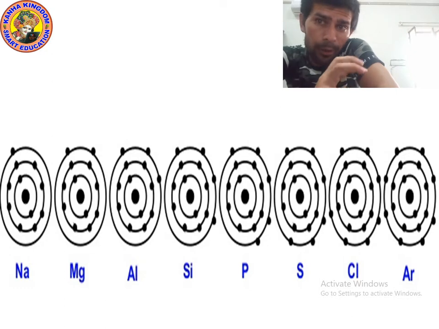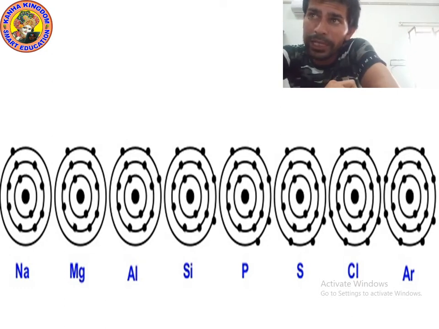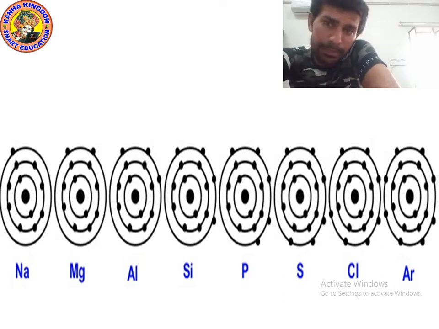Now in second circle, how many electrons can we fill? We can fill 8 electrons. So 14 minus 8, 6. So now 6 electrons are remaining. Because in every upcoming circle, in every upcoming shell, okay? Here circle means shell. So in every upcoming shell, we can fill maximum 8. Now we will draw third shell. In third shell, we can fill maximum 8, but sulfur has remaining electrons 6. So we will make 6 black dot.